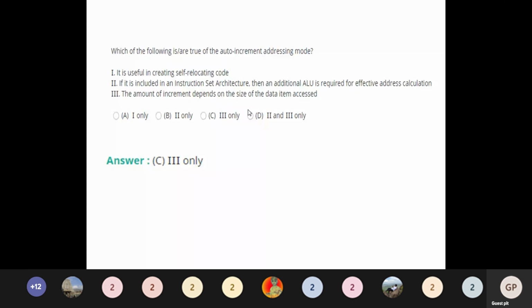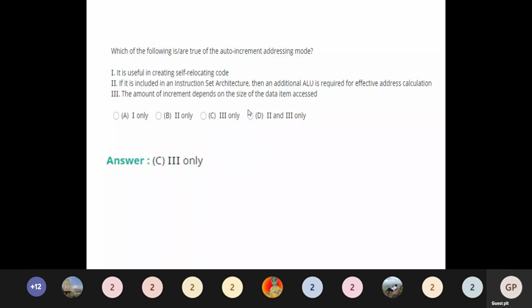Second: if it is included in an instruction set architecture, then an additional ALU is required for effective address calculation.